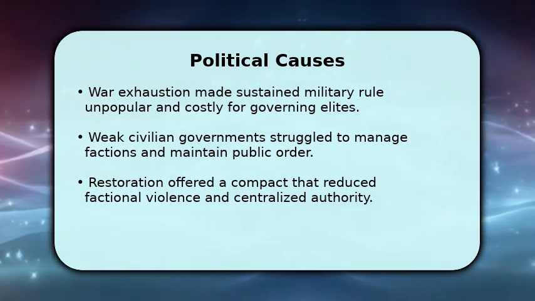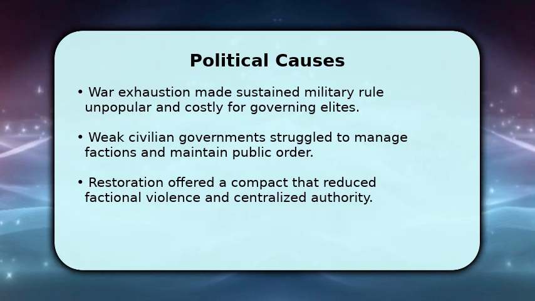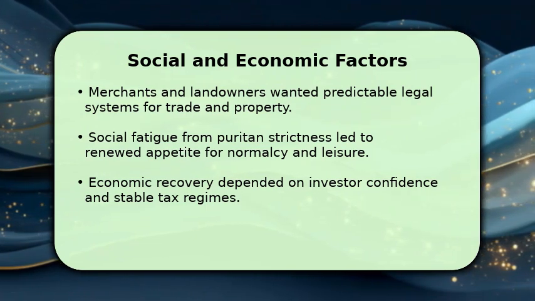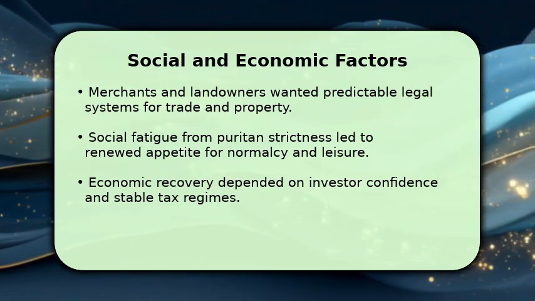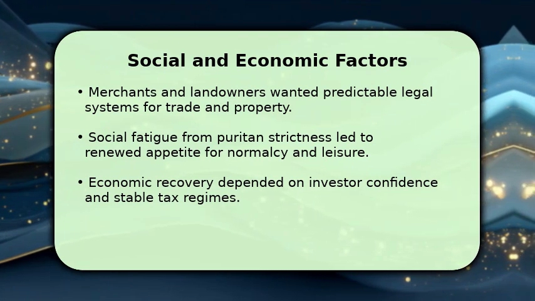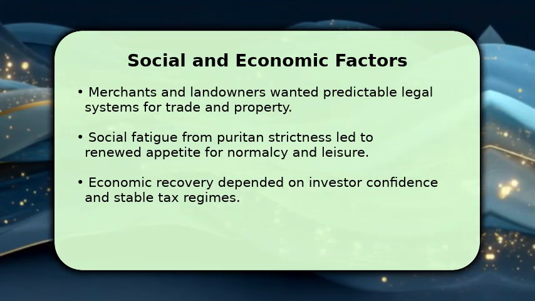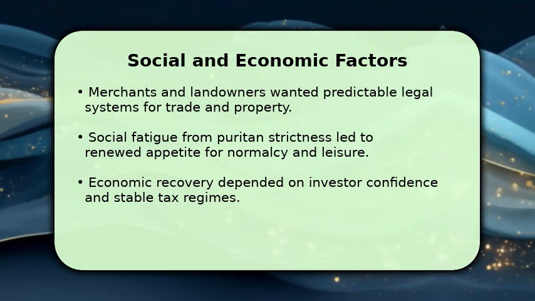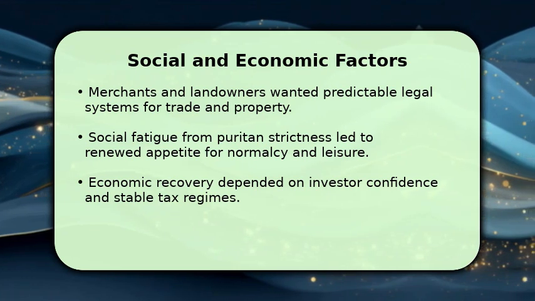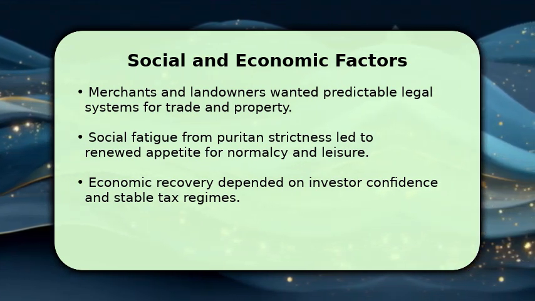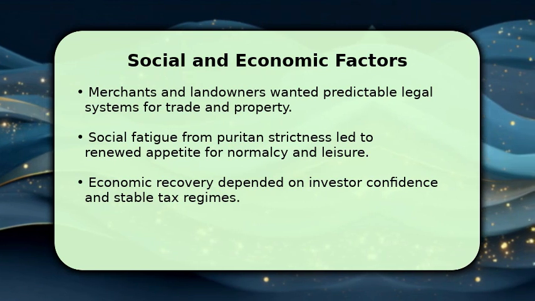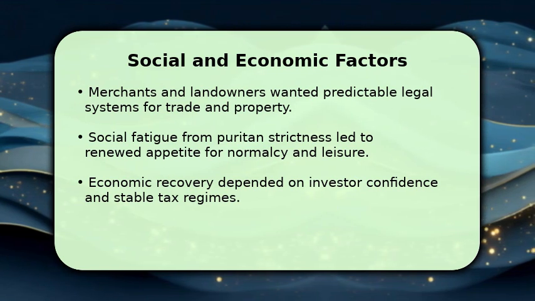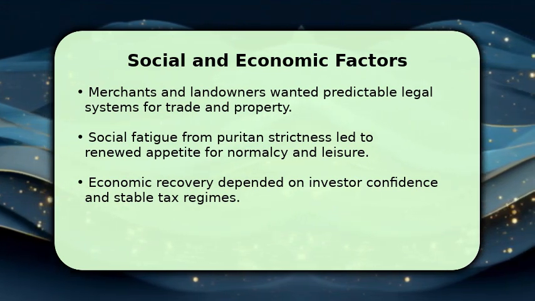This compromise helped end political fragmentation. Other social habits and economic incentives also played a crucial role in the restoration. Merchants and landowners pressed for consistent courts and predictable taxation so commerce could rebound. Ordinary people, tired of strict moral regimes, supported a return to familiar cultural rhythms. Together, these forces incentivized elites to choose a visible, ceremonial sovereign who could legitimize governance while modern institutions handled daily rule. That balance helped revive markets and calm social tensions.